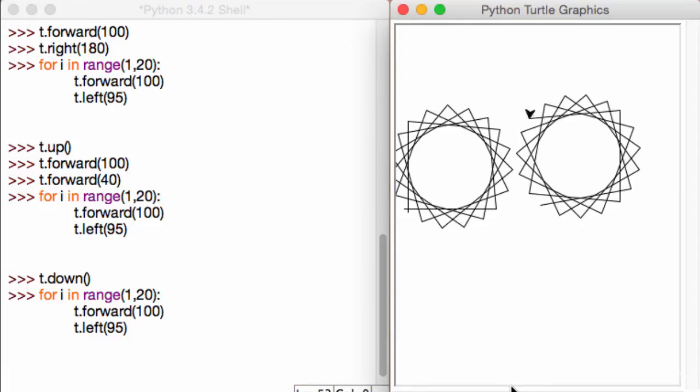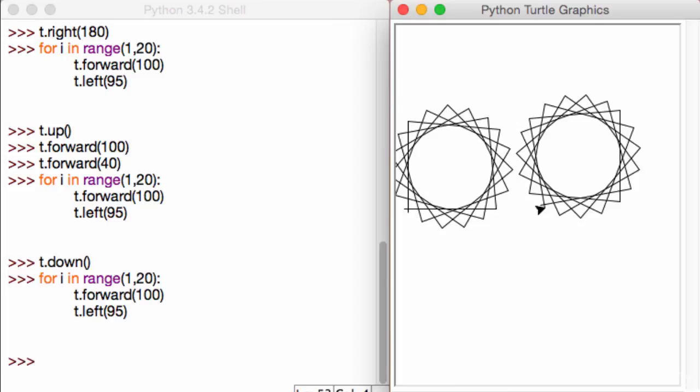Alright, awesome. So we've now created two cool looking stars, and we've made them separate from each other by learning the t.up and t.down functions. Now the last thing we're going to talk about